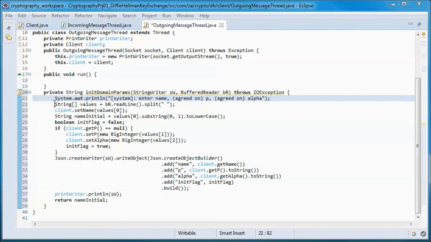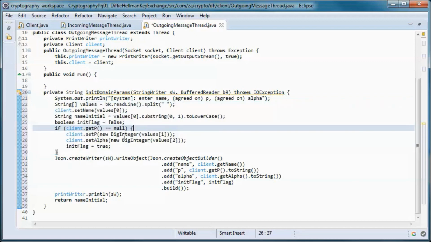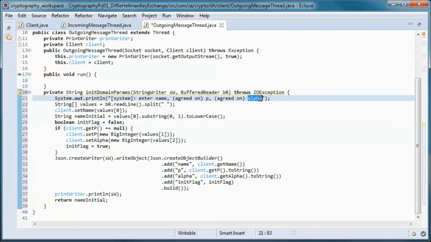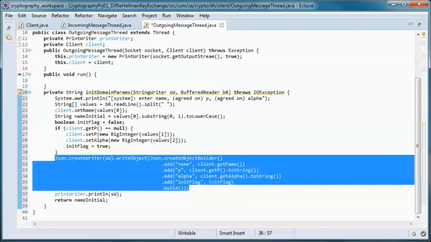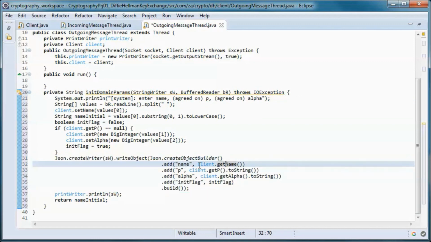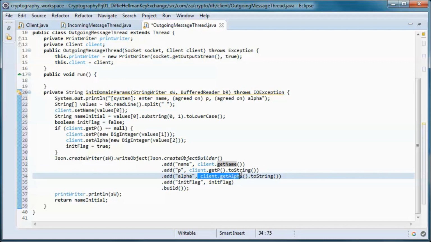So for the purpose of this tutorial, I had the first person who logs in enter those values. So after picking up those values, we create a JSON object, and we put in it the name of the client, so either Alice or Bob, and the value for P and for alpha.